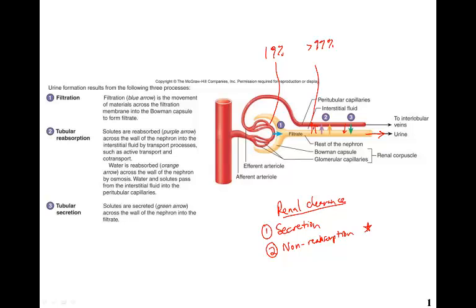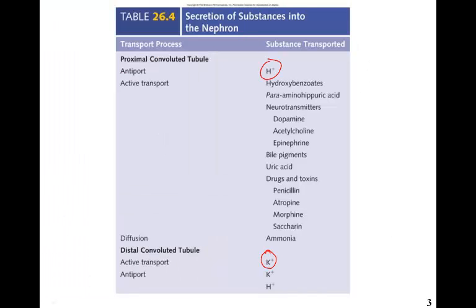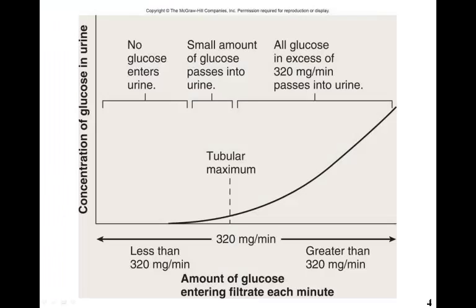This is actually the main way things that are in the urine get there. They get filtered and they don't get reabsorbed. And if you're filtered and you're not reabsorbed, you will be excreted. And one of the things about non-reabsorption is that